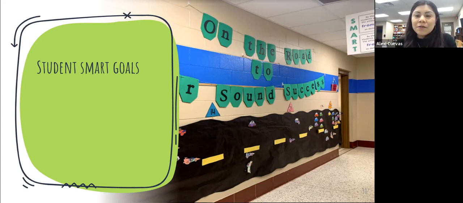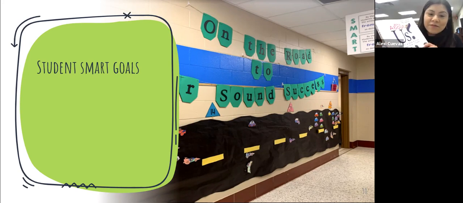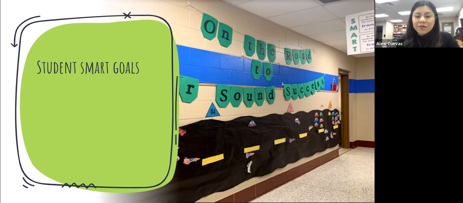I know before I moved down to kindergarten, they did little SMART goal cards where they would get a hole punch for every learning target that they mastered. So that's another idea, and there are plenty of ideas in the What About Us book. They have a lot of different ways to set SMART goals with your students, specifically for K-2. So that's a really great book also.